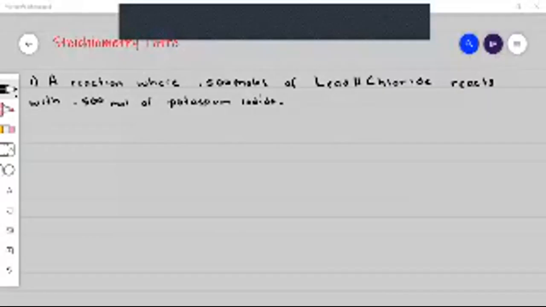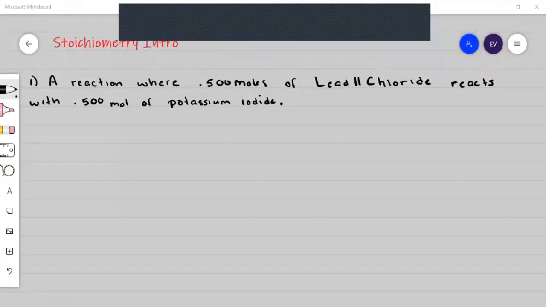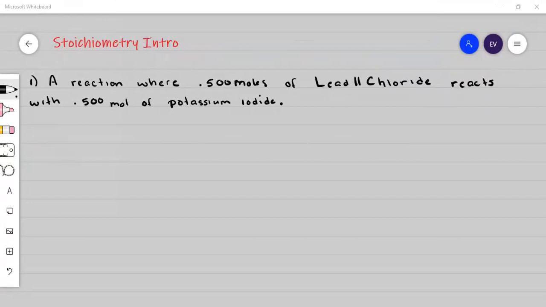Okay, guys, we're going to do our intro to stoichiometry. We have a question here that says a reaction where 0.500 moles of lead(II) chloride reacts with 0.500 moles of potassium iodide. Okay, so the question is going to be which reactant will run out first, or will be consumed